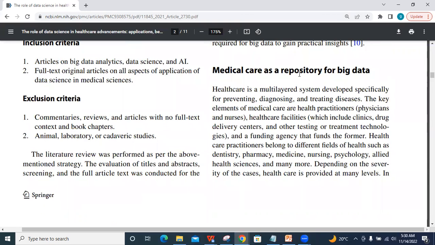Medical care as a repository for big data. Yes, there are tons and tons and multitudes of persons trying to access healthcare. That provides us with good data sets. And with that data set, we can be able to get a lot of information about our population. We can be able to tell the prevalent healthcare challenges that we have. We can be able to tell what's happening to our kids,